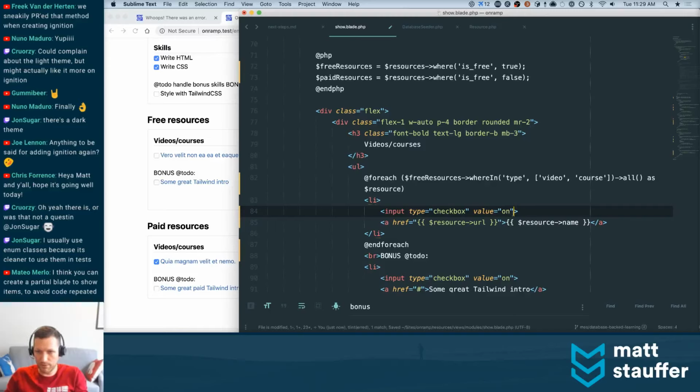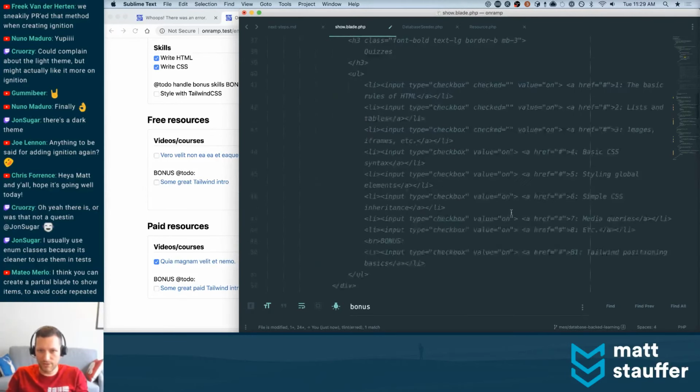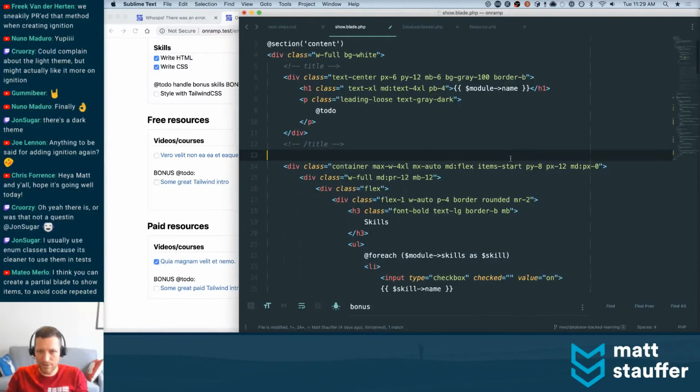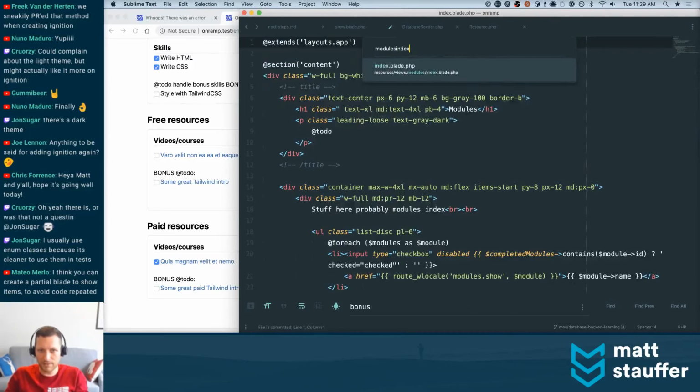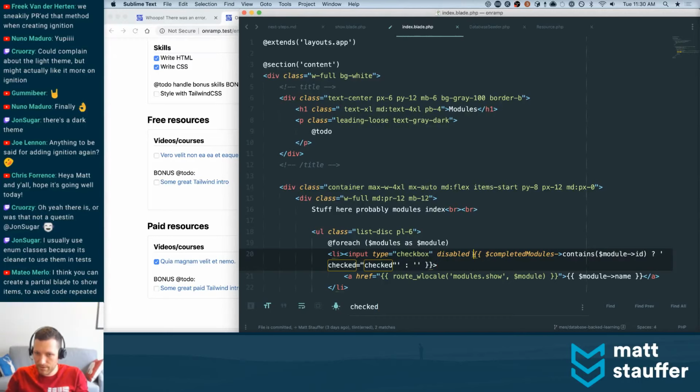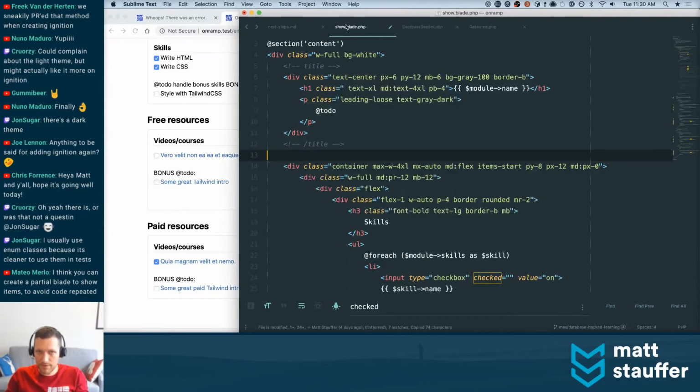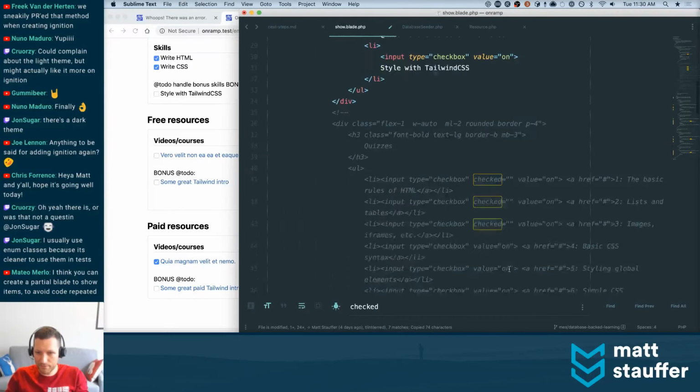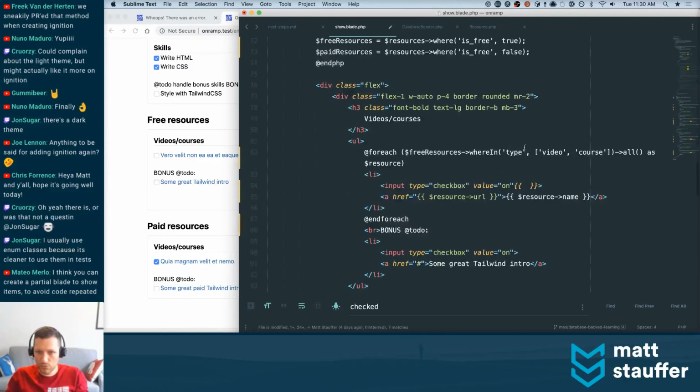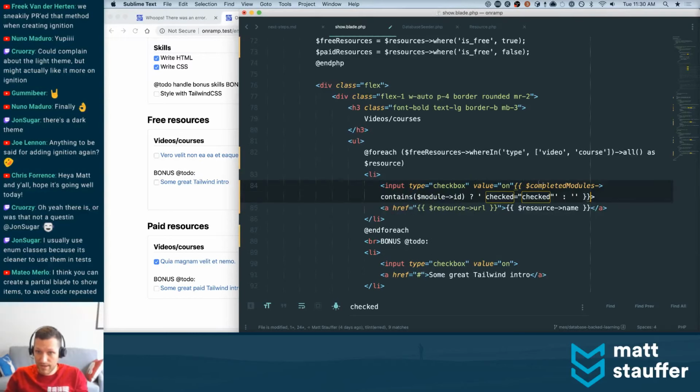So I think we're going to be able to do this now. Basically, if it should be checked, then pass in the phrase checked. And I actually think that we did that on the modules index page. Yeah, here you go. So this is going to be something like